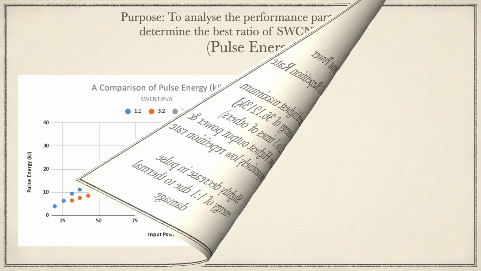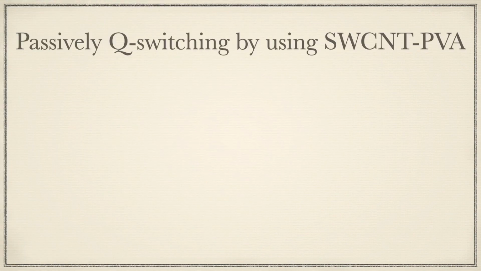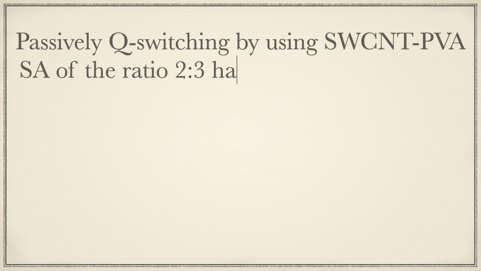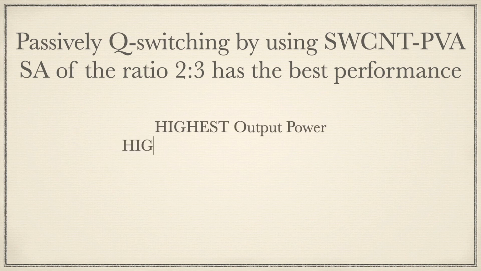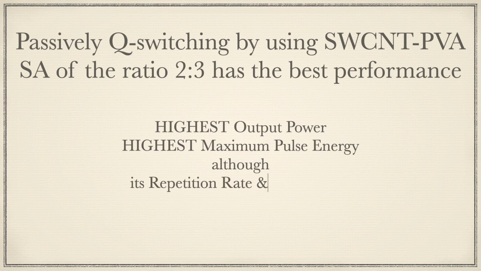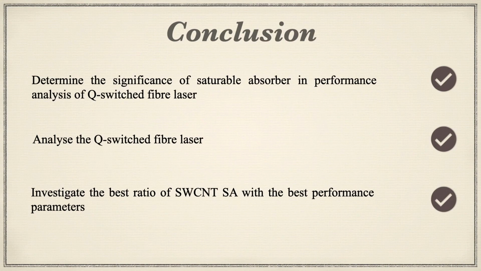Throughout the analysis of the experimental results, the SWCNT-PVA saturable absorber of ratio 2:3 in a passively Q-switched laser is determined as the best ratio because it performs with the highest output power and maximum pulse energy, although its repetition rate and pulse width are not the most compact. In conclusion, the objective of determining the significance of the saturable absorber in the passively Q-switched fiber laser